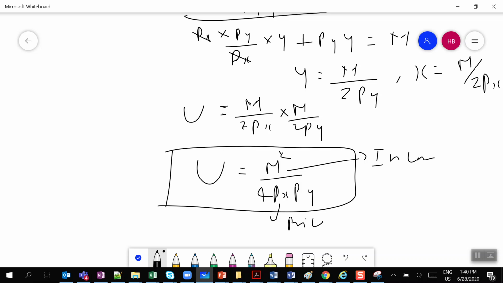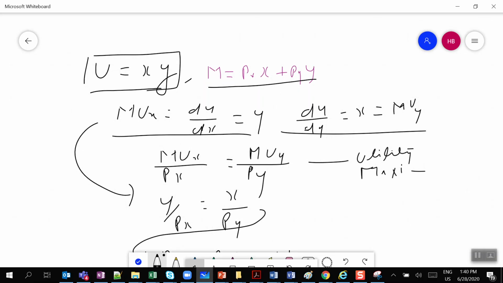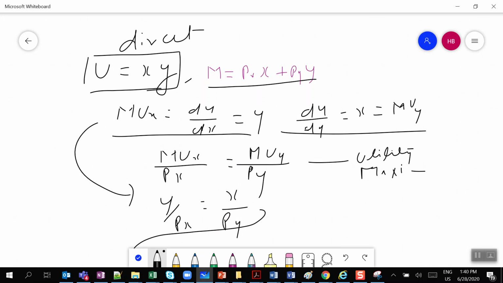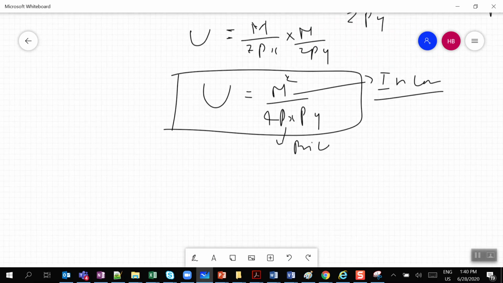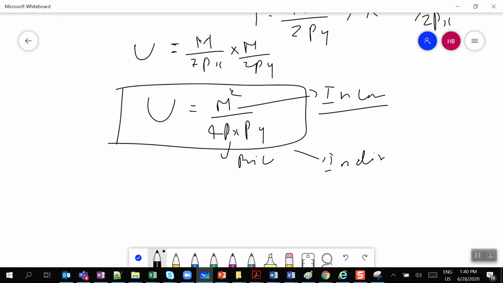Price has a negative effect, which is inversely proportional. Income is directly proportional for the utility. So utility, which you earlier saw in terms of your quantity, was your direct utility function. And now if you come here, you will see this as an indirect utility function, which is not in terms of quantity, it is in terms of price and income.